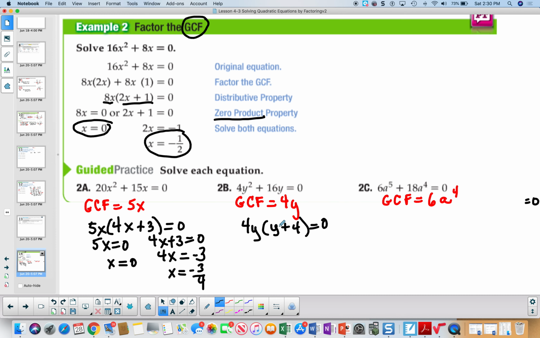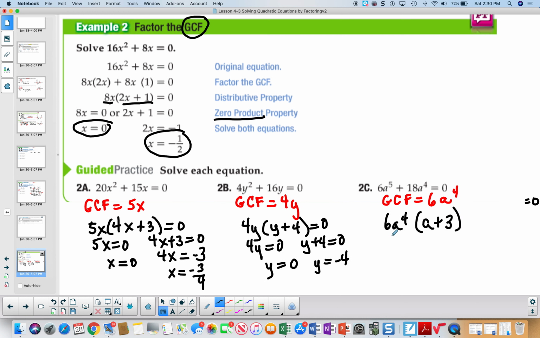I have two things that are being multiplied, so I'm going to use the zero product property, set each one equal to 0, and I'll get y equal to 0, and y equal to negative 4, and these will be my two answers. In this particular problem, 6a to the 4th is my greatest common factor. I'm going to take a 6 out and a to the 4th, and then I'll have just 1a. I'll take a 6 out here, and then I'll have a 3 left,